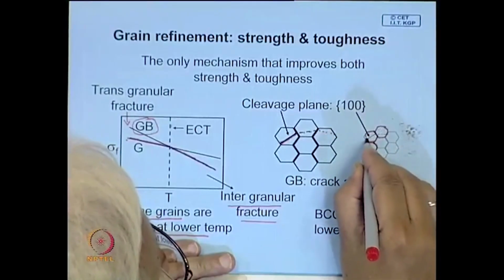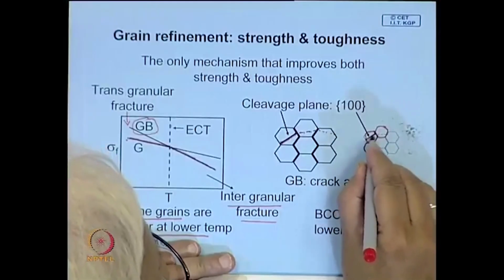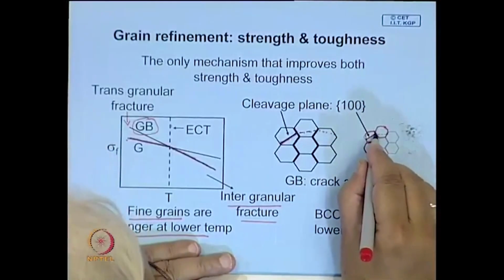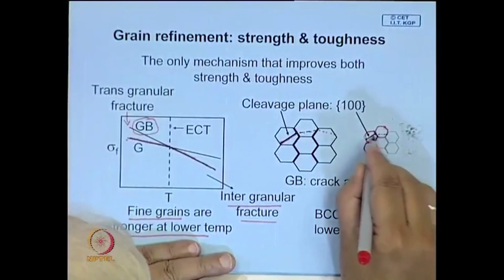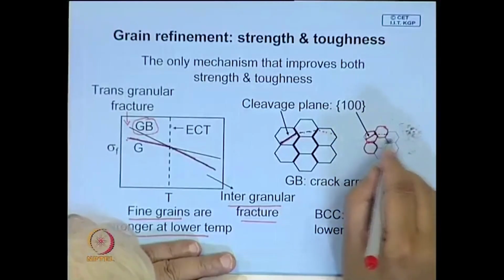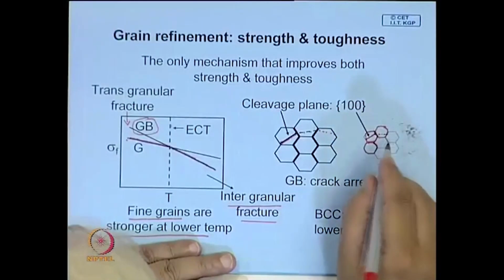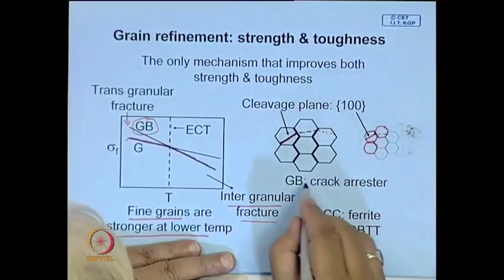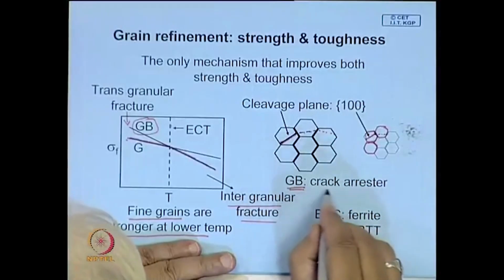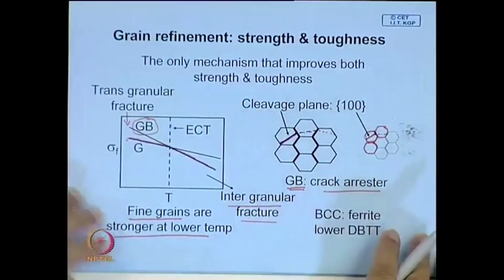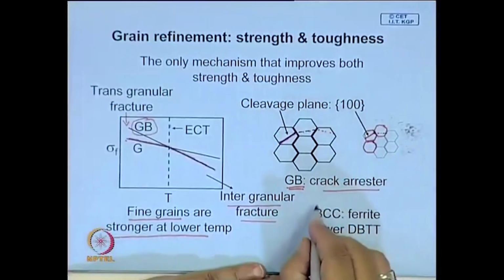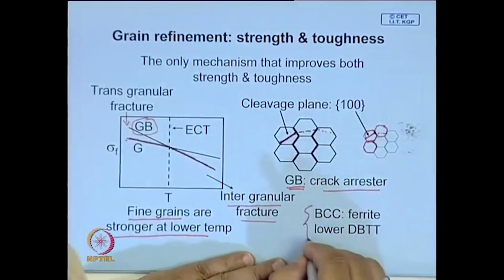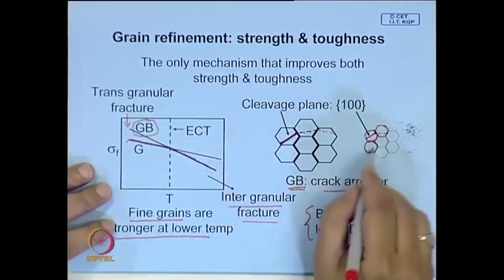So, here a crack, a propagating cleavage crack, travels only this small distance. After that it meets an obstacle and does not propagate either. So, therefore, it has a greater resistance for the crack to grow. So, the grain boundaries act as crack arrestors. So, in this way what we can build upon is, if we make the grains finer, it